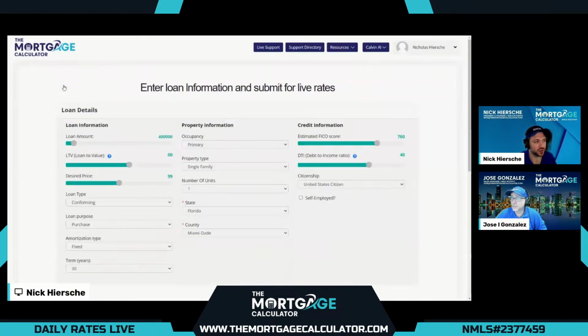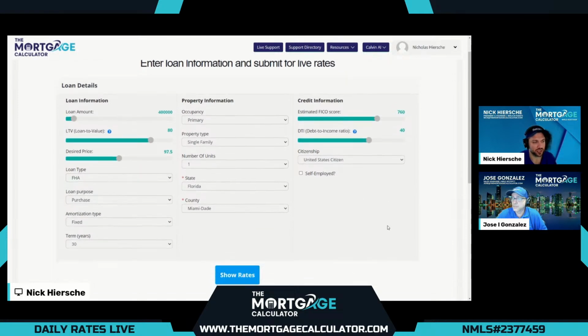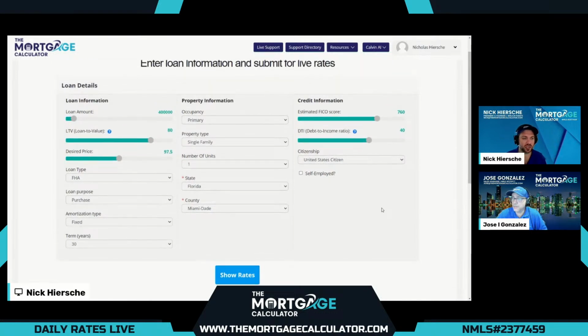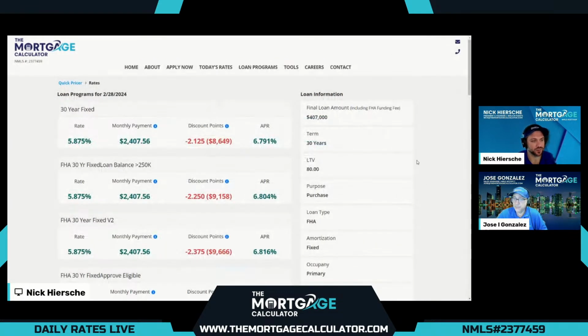Now, if for any reason our customer doesn't qualify for conventional, we'll set up the same exact scenario here and compare that with an FHA option. FHA does allow a little more leniency on credit events as well as a much higher debt to income ratio, but we'll keep everything identical so we can compare across the programs and actually compare the APRs here side by side.